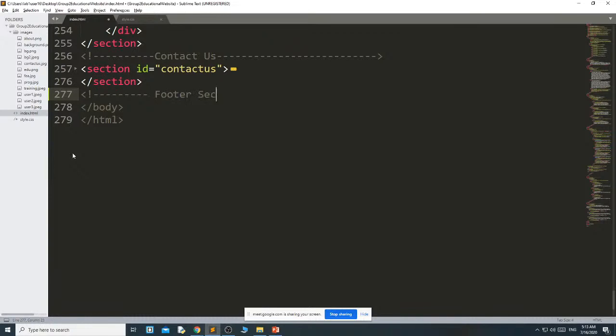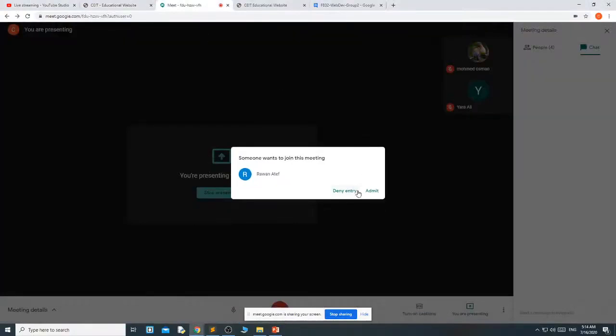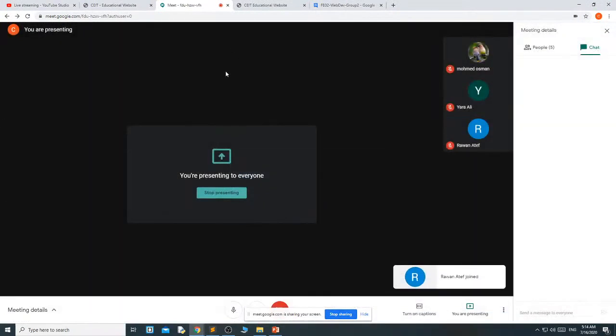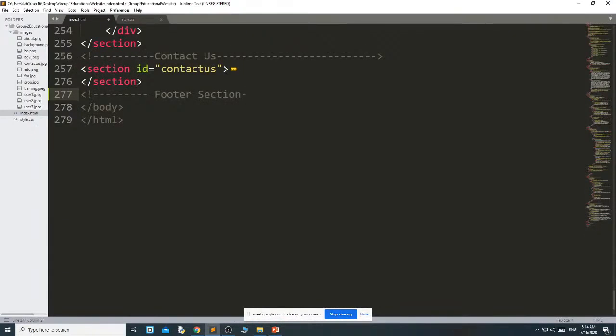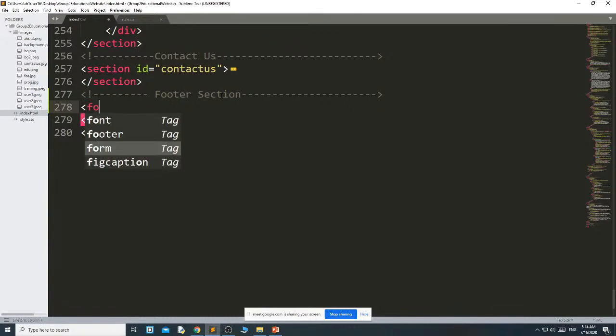Footer section. Okay. Instead of section, here we are going to use footer.